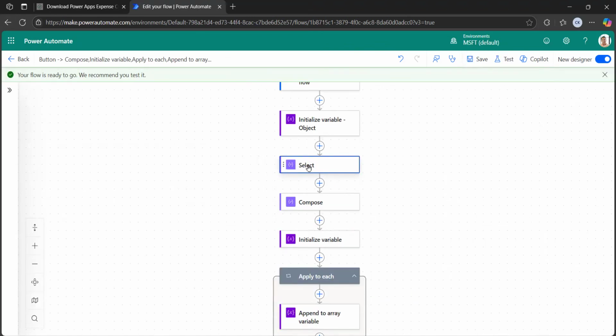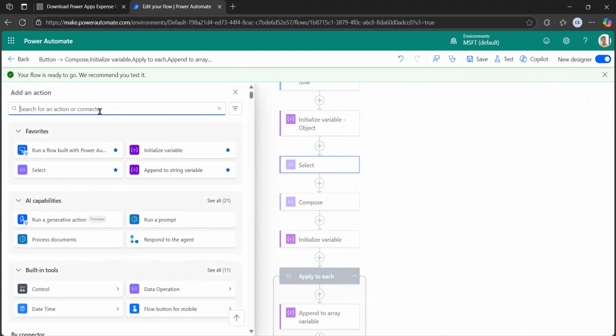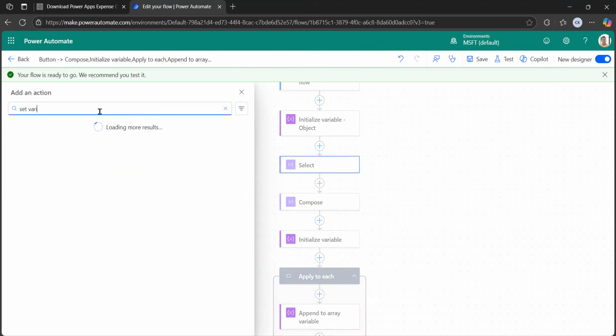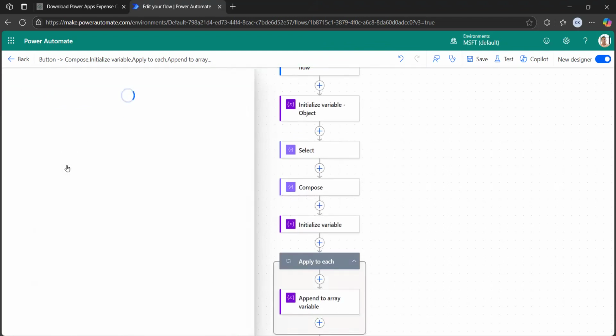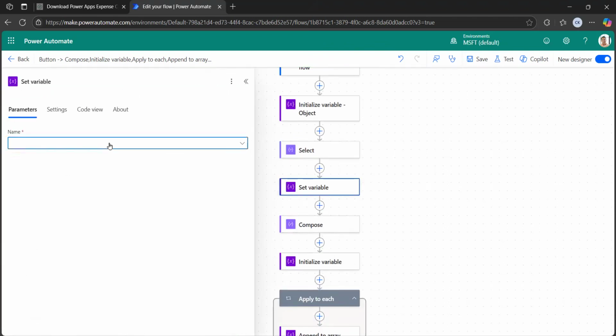Then here we have the replaced values. Then I was setting the variable here. Take a set variable action. We were setting the values of an object with the replaced values. So set variable, take